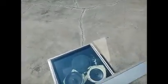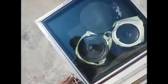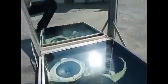I can change the tilt angle of the glass also. I can tilt it more, but tilting it more is not actually helping. You can see the shadow coming, so you should keep it at the highest position. When it's peak winter, tilting this glass more may help. What I see is there is some shadow from the south side, so I think it may be better to